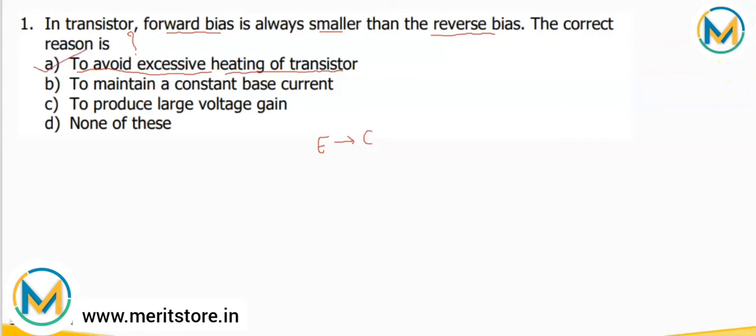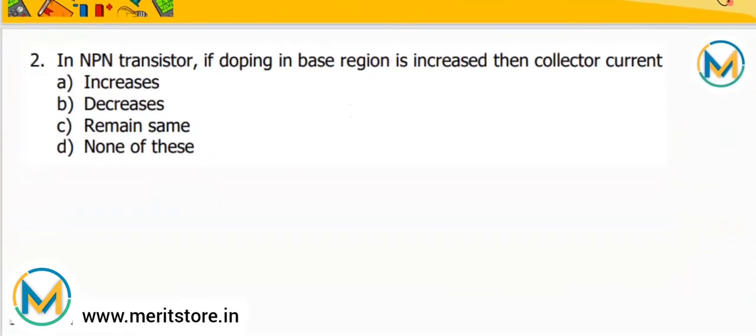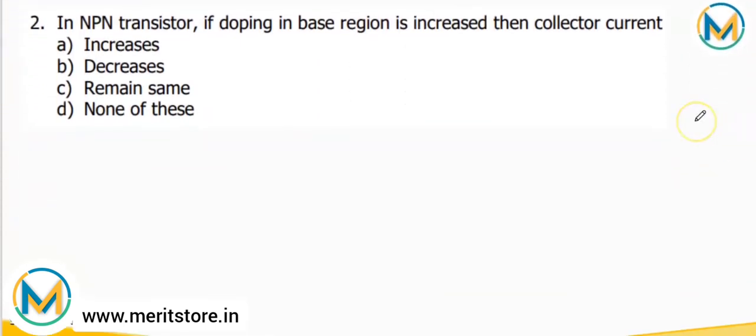Looking towards the next question. In NPN transistor, if doping in base region is increased, then the collector current, will it increase, decrease, remain same, or none of this? So we know that number of holes